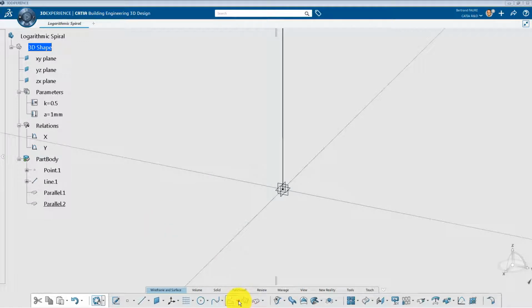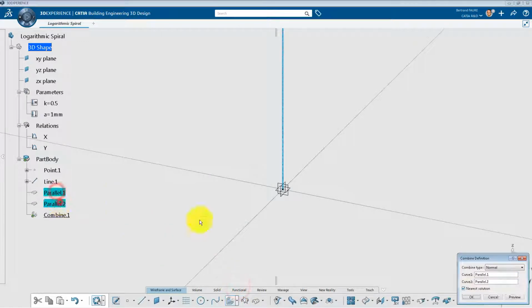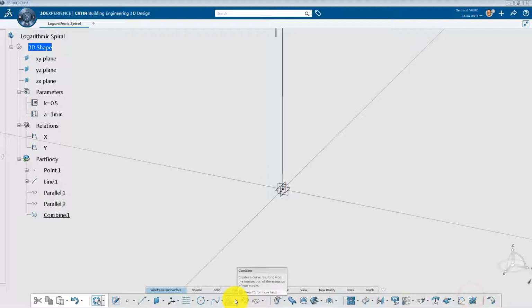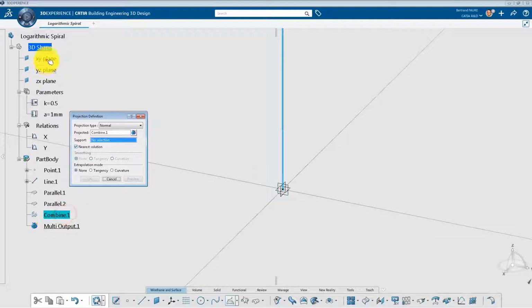Combine these two curves. And project the result on xy plane.